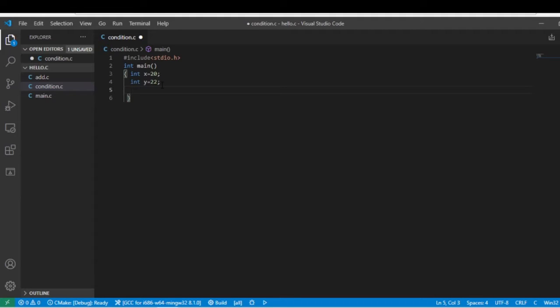Now I write an if conditional statement. The syntax of an if statement is: if, and in brackets you write the condition. Then next you write a statement. I write a comment so you can easily understand.